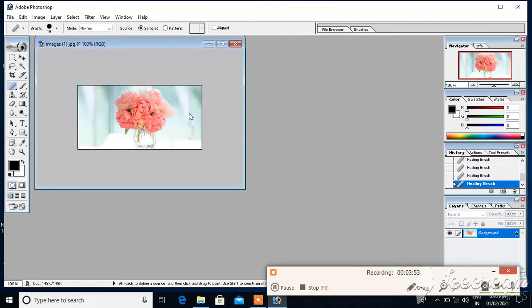Now see here, I am going to copy that background here. What happened? That same background got copied here.